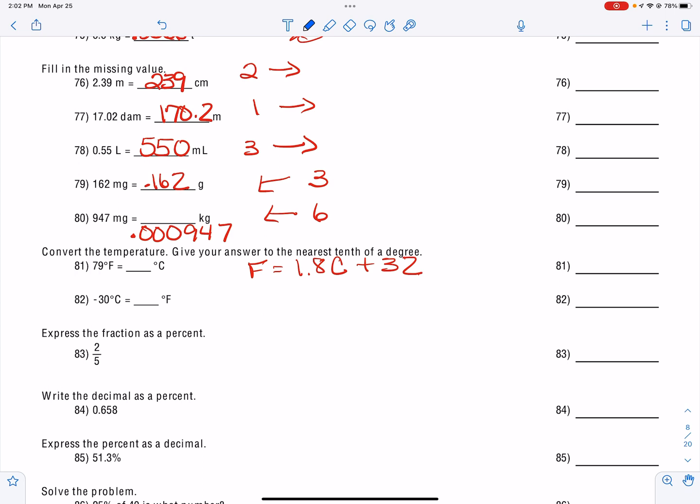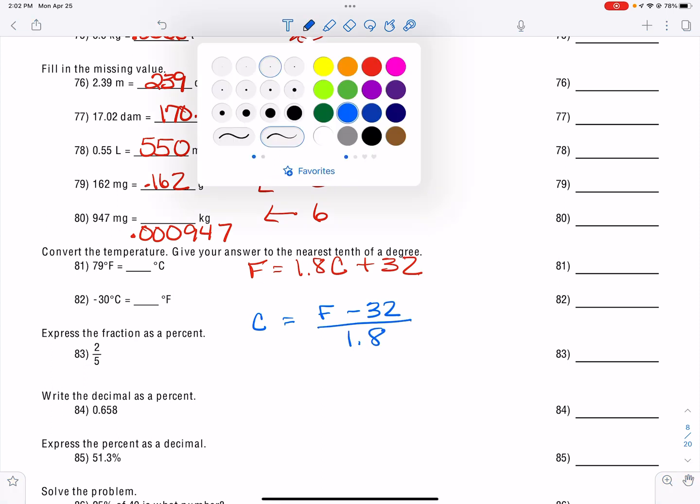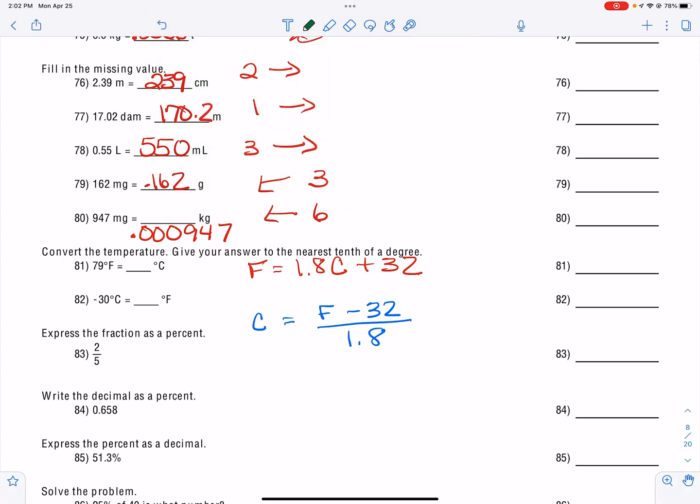When I'm given Fahrenheit, I'm going to take Fahrenheit minus 32 and then divide it by 1.8. So this first one, I'm going to use this formula, and that says 79 minus 32, which I have to